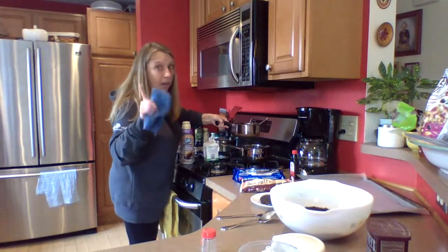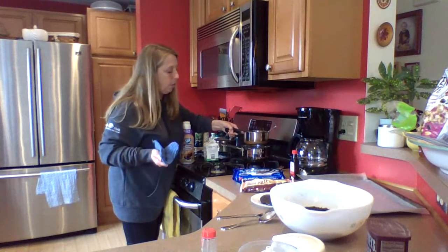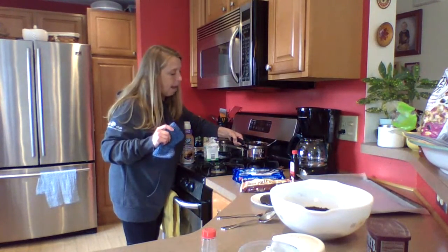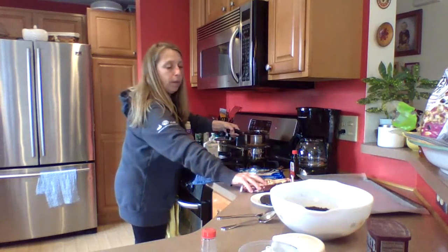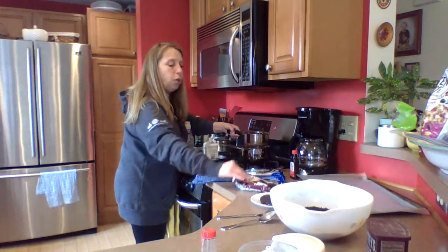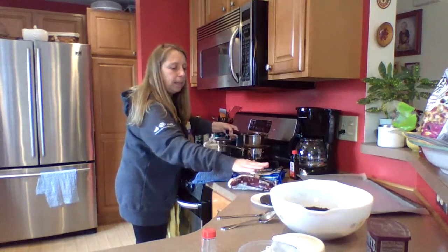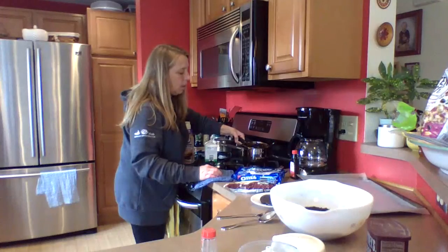And make sure you ask permission and ask for help for doing this project, because not everyone is allowed to use the oven or the stove, so please be safe and ask first. Then the other pot is the pot that you put the chocolates in, or the baker's chocolate. You can do 2 bars of the baker's chocolate, or one bag of the chocolate morsels or the semi-sweet chocolate